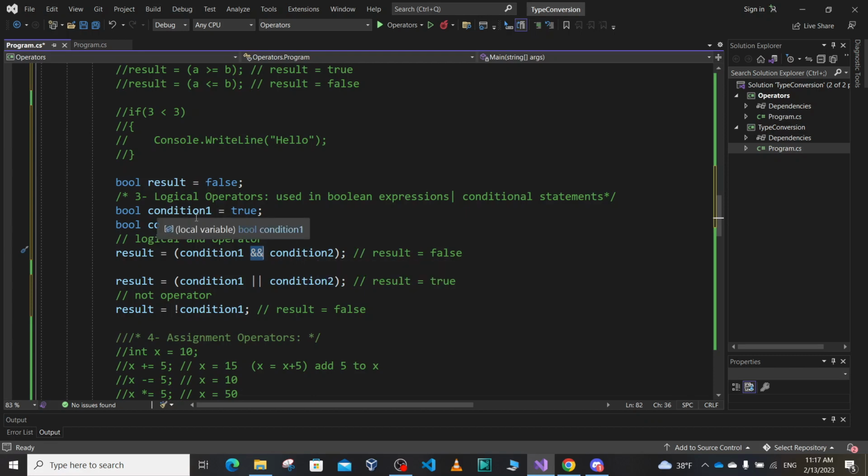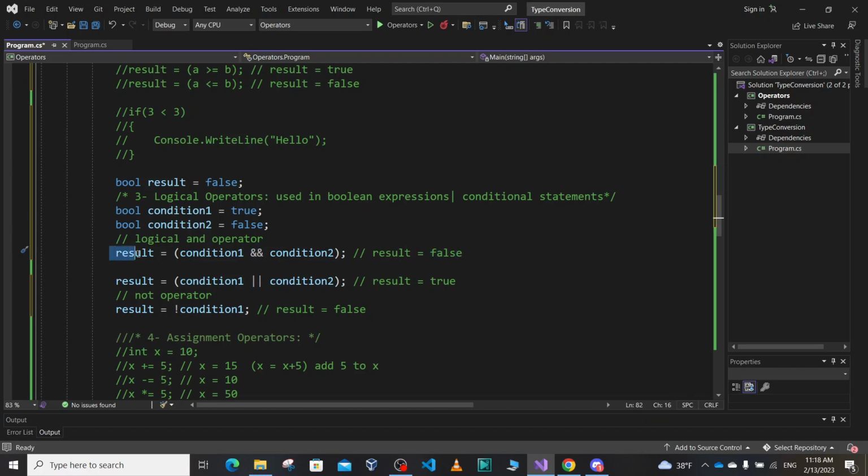Suppose we have two conditions, condition 1 and condition 2. Condition 1 is true and condition 2 is false. So the AND logical operator checks condition 1, condition 2, condition 3, or as many conditions as we have. If all of them are true, then only it will return true, otherwise it will return false. Since condition 1 is true and condition 2 is false, this AND logical operator will return false and